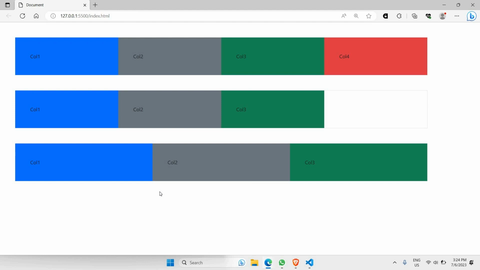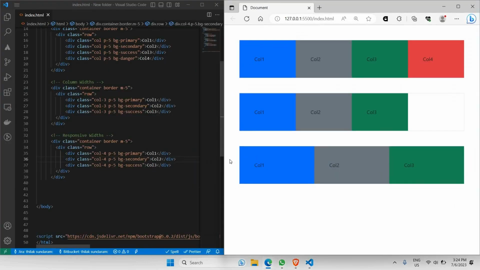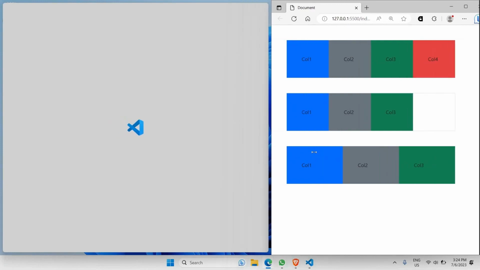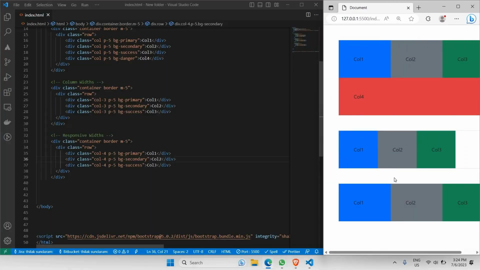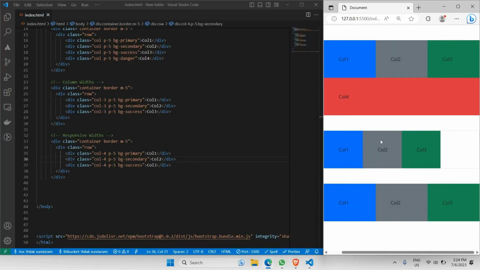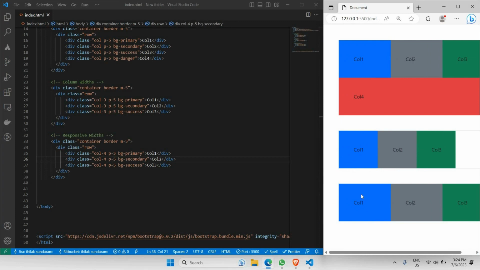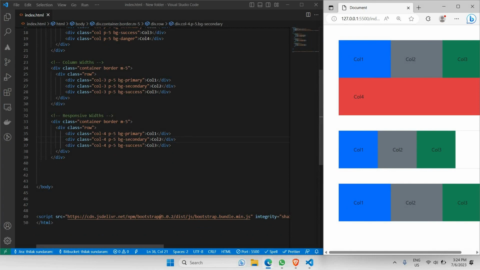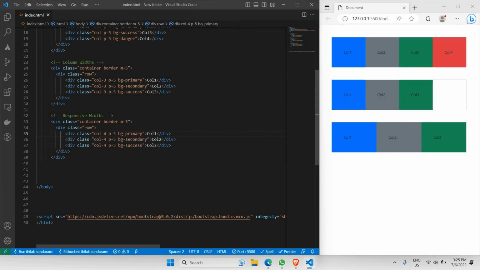But as you can see here, at the moment it's not like this. When I reduce the size, it always stays in the same row. But I don't want it like this. When it's in small size screens, I like the first column to fill the entire space. So in order to achieve that particular requirement I've just mentioned, you need to make sure to add